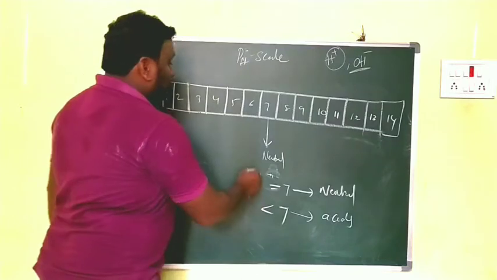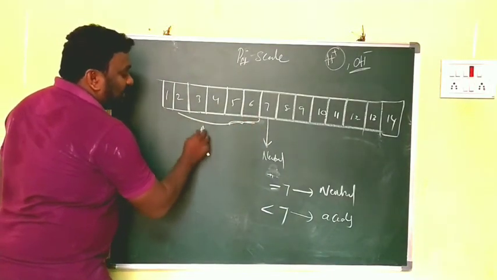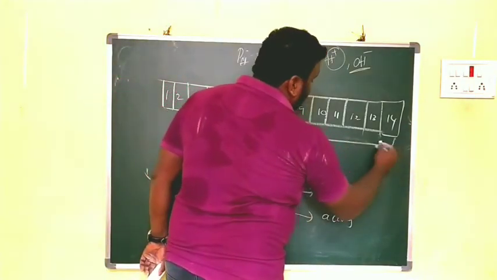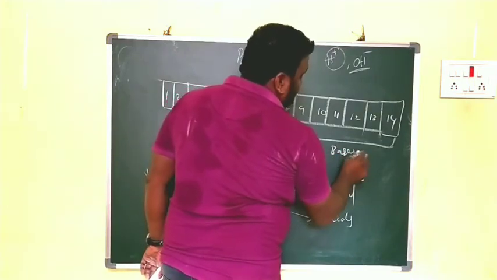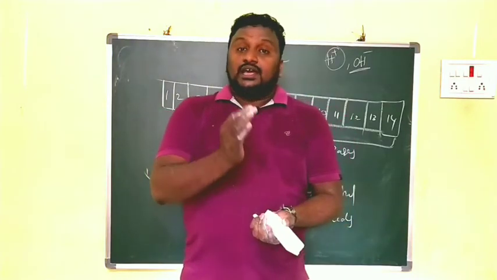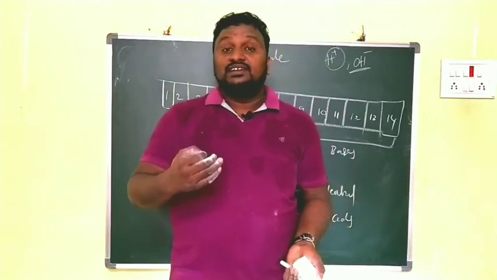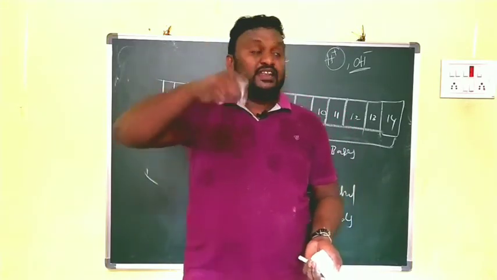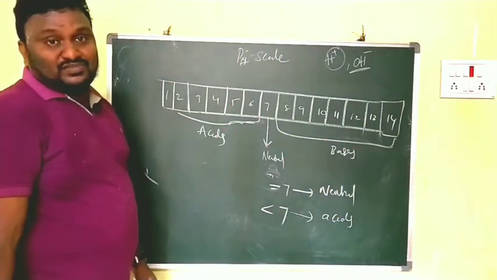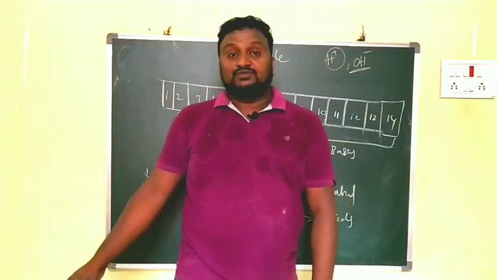Clear? So from here to here there is what? Acids. Clear? And 7 to 14, these are the bases. Clear, children? In the pH scale, if any solution is tested with the pH scale and it gives a value, how can we identify it? For every digit on the scale there is a particular color. In our textbook also there is a colorful diagram, just go and watch it once.